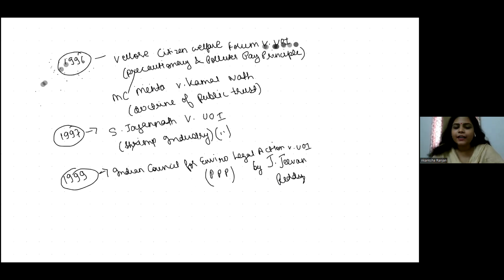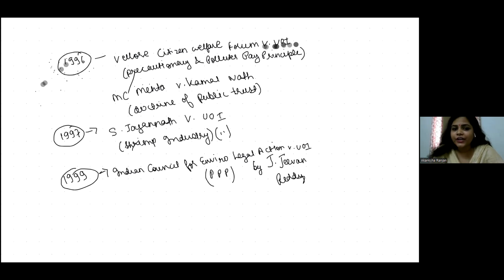1996, there were two cases in 1996. One very famous case, Vellore Citizen Welfare Forum versus Union of India, in which two very, very important principles for environmental law were discussed: precautionary principle and polluter pays principle. Then MC Mehta versus Kamal Nath, that we just discussed, in which public trust doctrine was discussed. Then